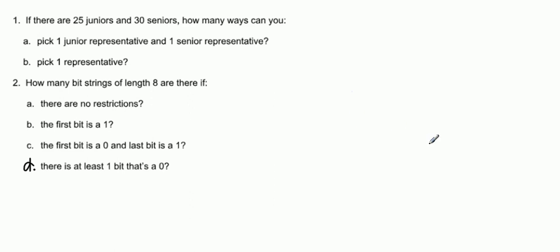This first one here, you have 25 juniors, 30 seniors. You want to pick one junior representative and one senior representative. You're only making 2 choices. Right? You have 25 choices for the first, and you have 30 choices for the second. Okay? Now, if we're just going to pick one representative, then you would have 55 choices, because you